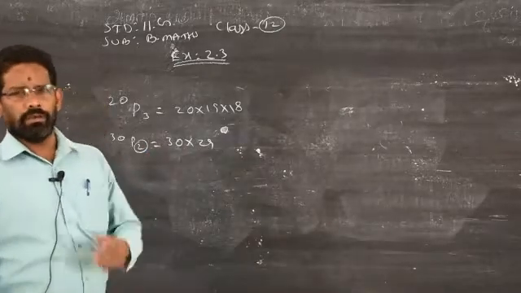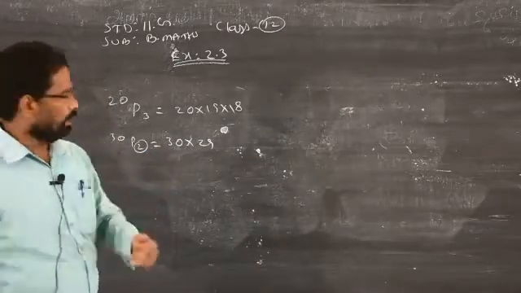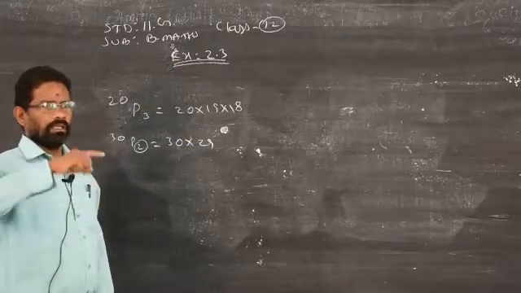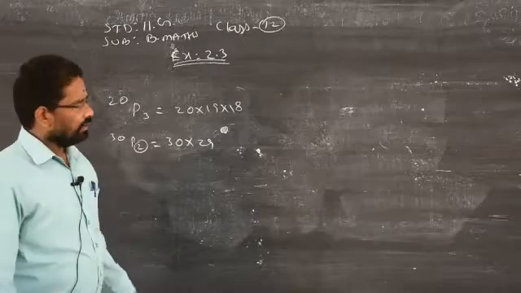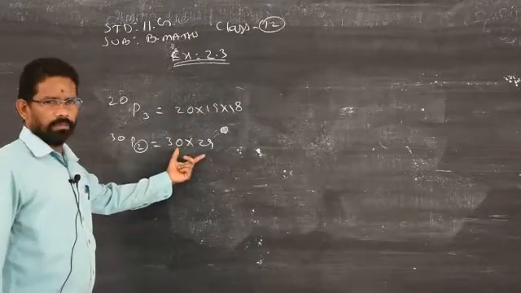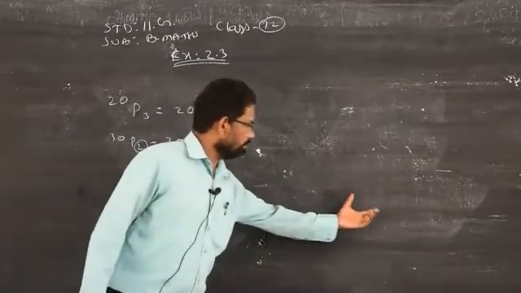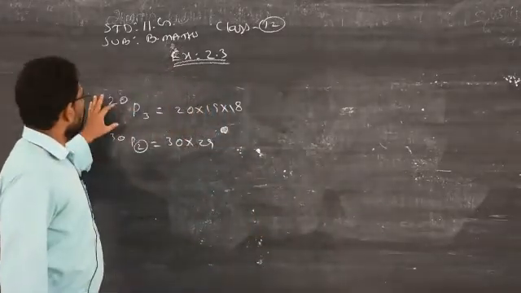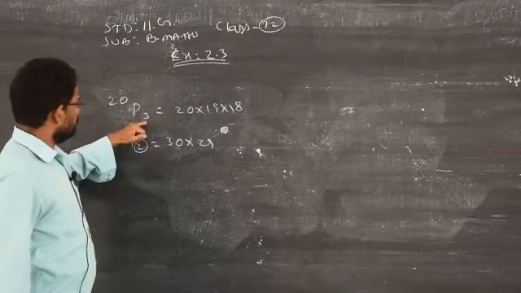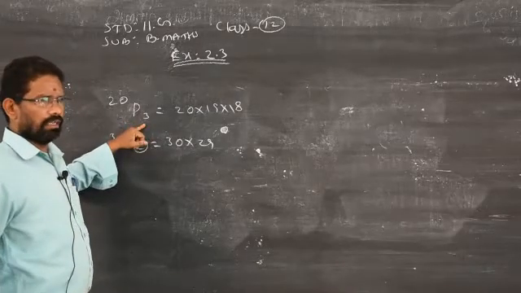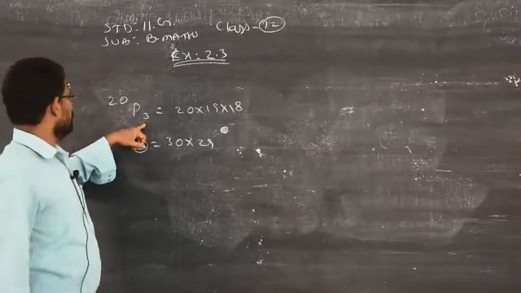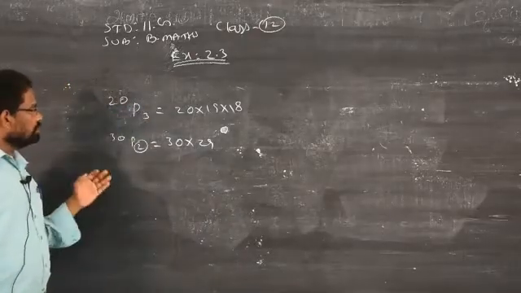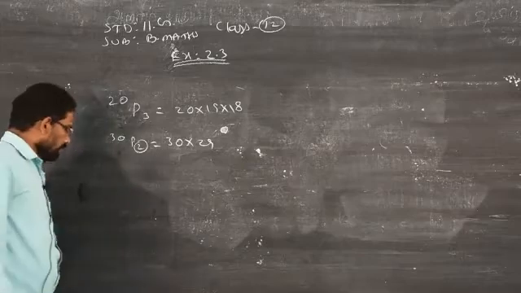Even if you use the formula, only 2 more steps will be the difference between this model and the formula model. There you have to replace the formula, then expand, cancel some terms, then the result will come in this format. That's what I did with 2 problems using the formula, and comparing the 2 answers, we come to the conclusion that it's enough to write based on the suffix. If it is 3, you have to write 3 numbers in descending order starting from whatever is given here. Clear? So this is a direct method to find permutation answers.